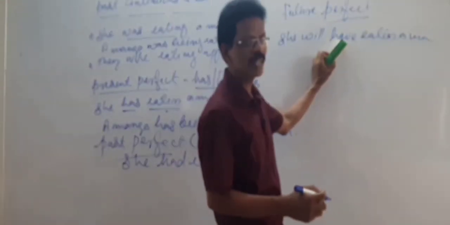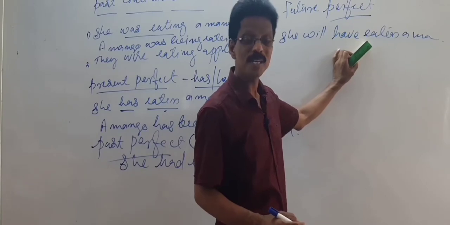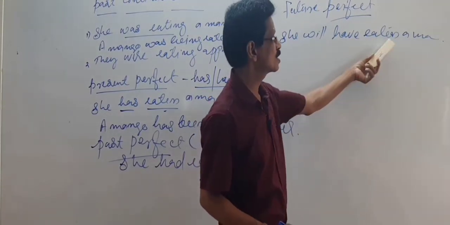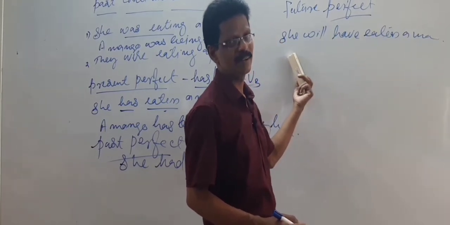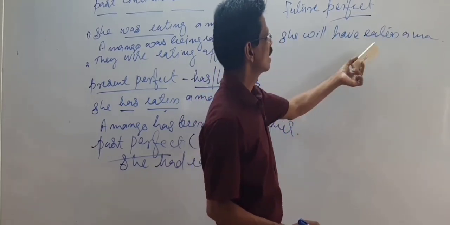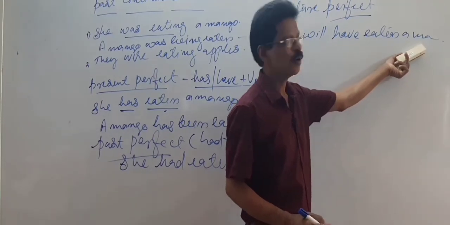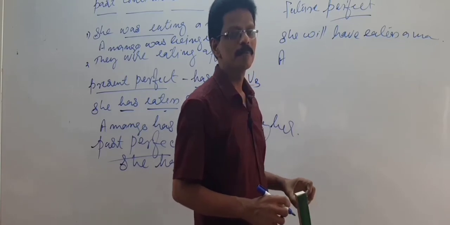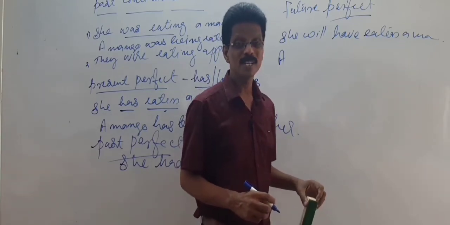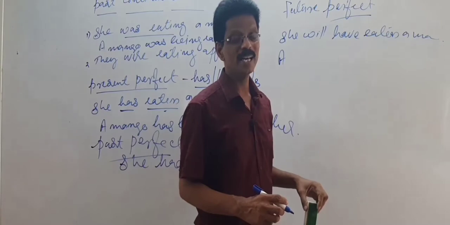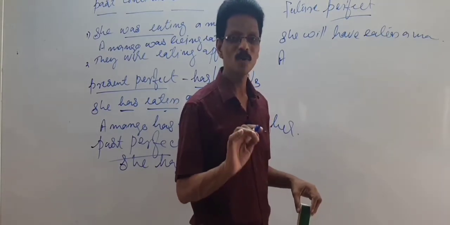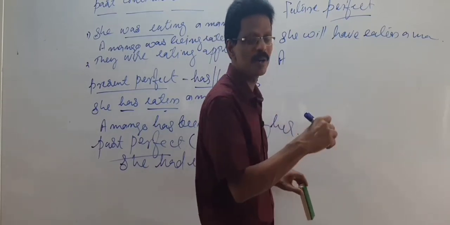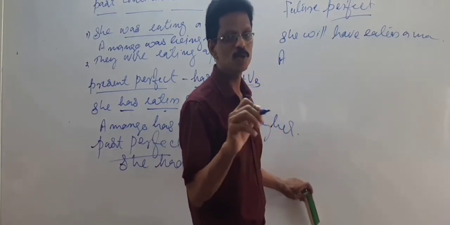Will have, if it is there, will have been. If have is there, have been, has is there, has been, had is there, had been, according to subject and tense. Okay? According to subject. See, a mango, singular. So, in future, first person shall, I and we. Second and third persons will. That is the only change. The remaining all have. There is no chance of has. Okay now? Because will have, shall have. There is no question of has.